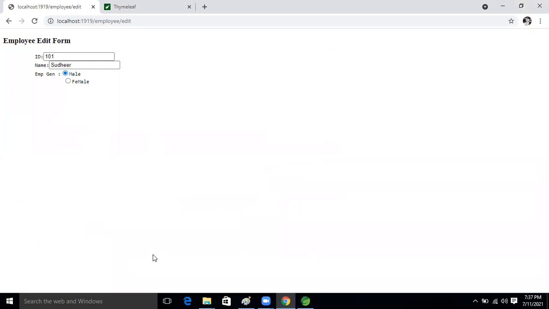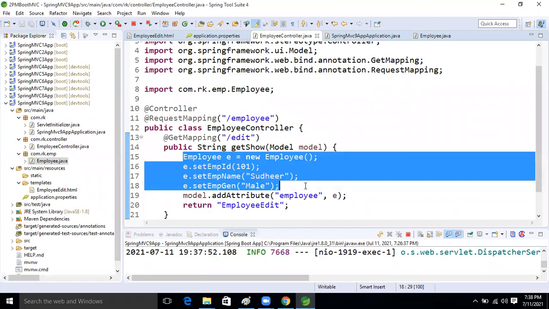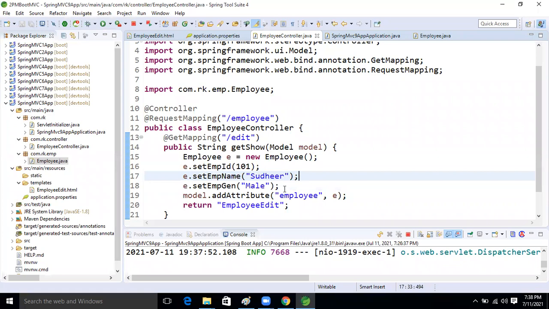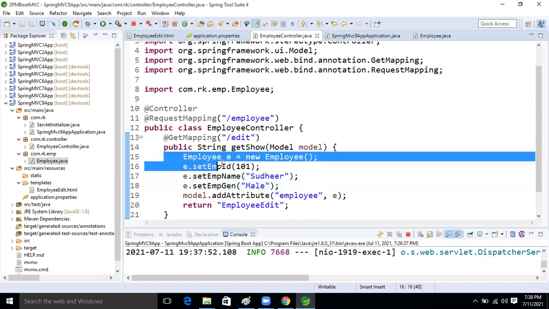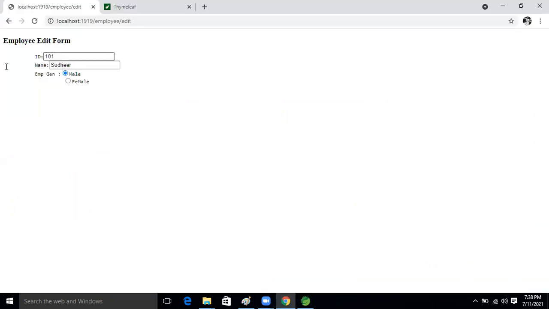Yes, Ravi, it is reflecting. Different types of inputs we are seeing now in the edit form also, guys. Don't worry, this data will come from the database. Again, I'm saying, find by ID and find by all we will use in Data JPA, so those concepts will be there. But just focus on the editable form only, right, guys?